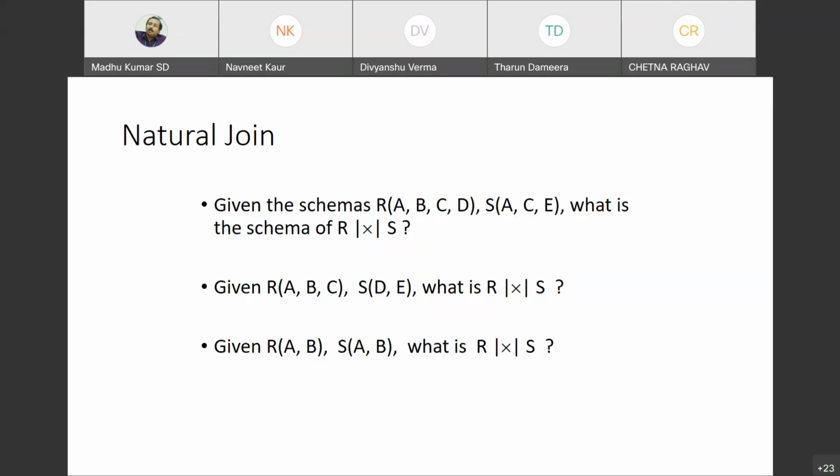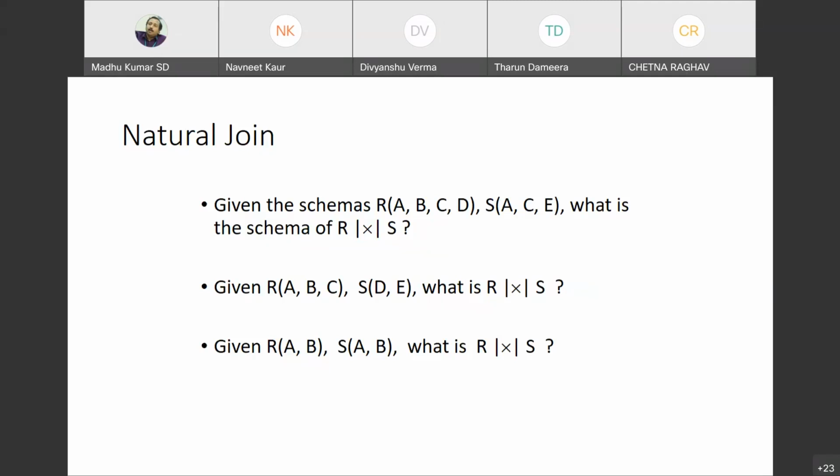So what will be the end result? Avinash is saying null. Okay, find out that. Then the other is also saying null. Chedana is saying cross product. Vishal is saying null. Okay, find out what is the correct result. Agnijit is also saying null. All right. Now given two tables R, A, B, second question,